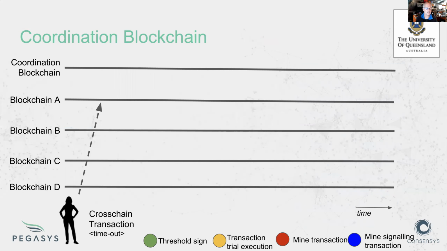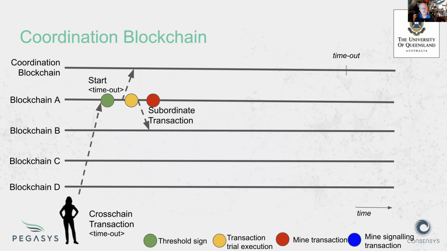So walking through a transaction, you have an externally owned account that submits a cross-chain transaction with a timeout. And then a start message is created and submitted to the coordination blockchain. In the coordination blockchain, you've got a contract that hosts these messages and keeps an overall view of state. Then you trial execute the transaction on the root blockchain, and then you've got a subordinate transaction which you dispatch, and then you mine that root transaction, and then the act of mining